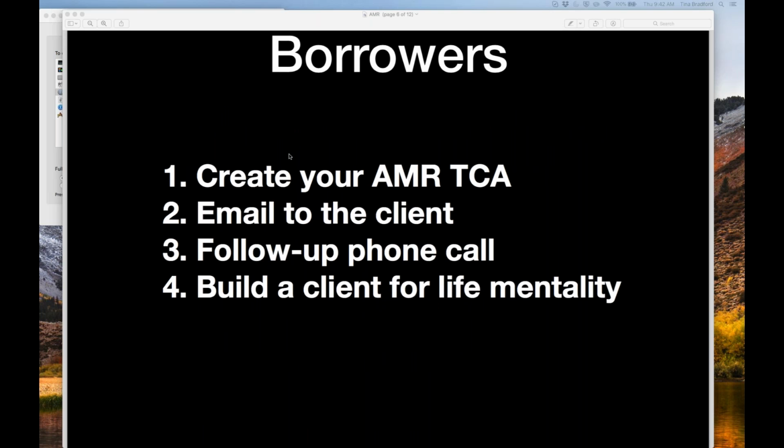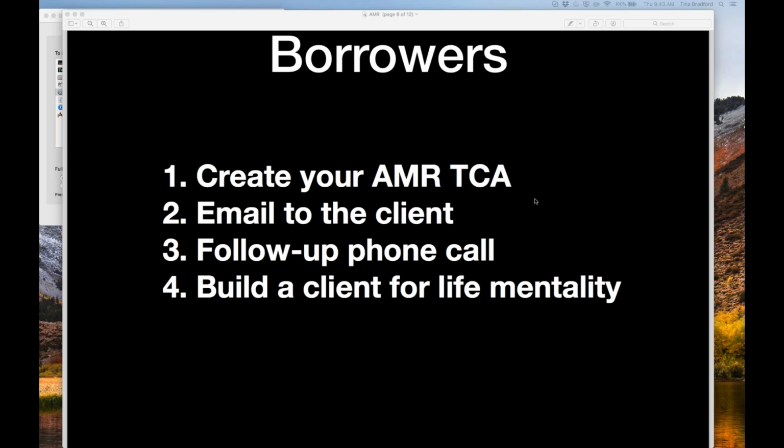The first question I'm frequently asked is, who do I hit first? Which direction do I go in first? The first person you hit is the person who is actually coming up to their annual mortgage review. Anyone you've done in the last year, from year two to year one, anyone in that gap, those are the people you're going to hit first. By going in there, you have people who are fresh, so they'll remember everything going on. When you go in, you're just going to make it, this is your annual mortgage review.